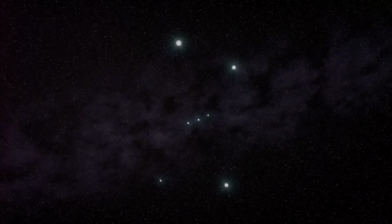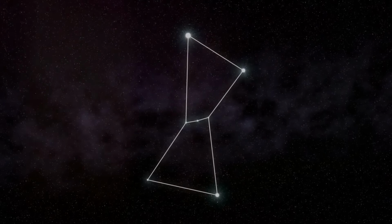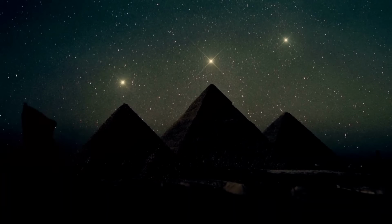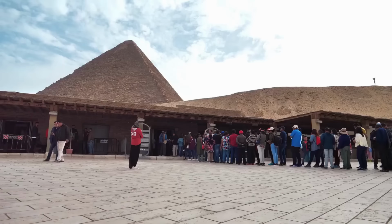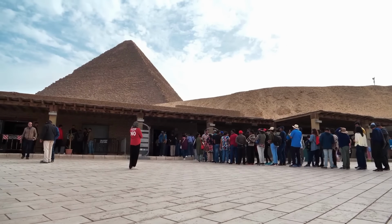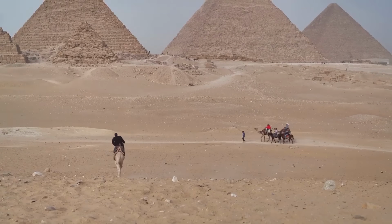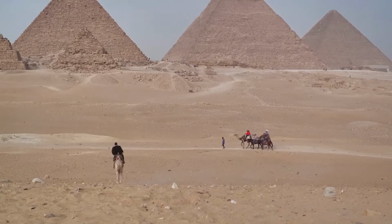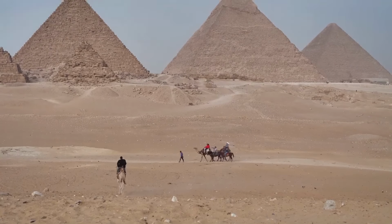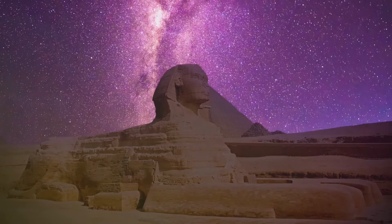blocks. These pyramids also served as a celestial map, their precise alignment with the stars of Orion's belt reflecting the ancient Egyptians' belief in the pharaoh's divine ascension to the heavens. Their construction remains a mystery that continues to baffle the brightest minds. With no evidence of advanced tools or machinery, the sheer scale and precision of these structures are a marvel to behold. The pyramids of Giza, standing tall as a testament to ancient Egypt's architectural prowess and understanding of mathematics and